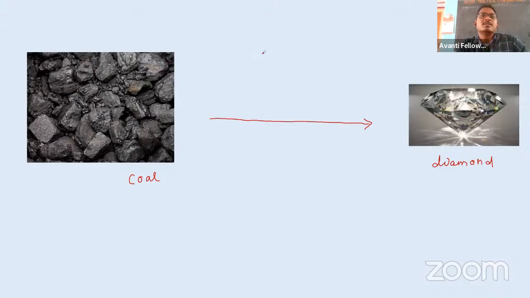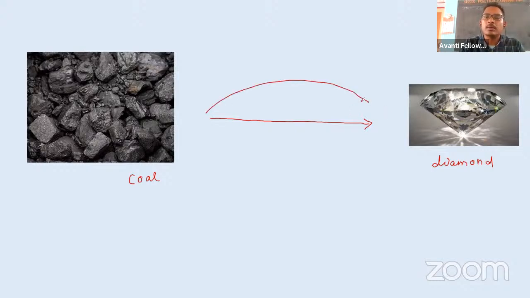Okay. So let's see whether we can convert that graphite into diamond or not. If we can, then we can be rich overnight. So let's study whether it is possible or not. Like we have already discussed, to convert coal into diamond, we need high pressure and